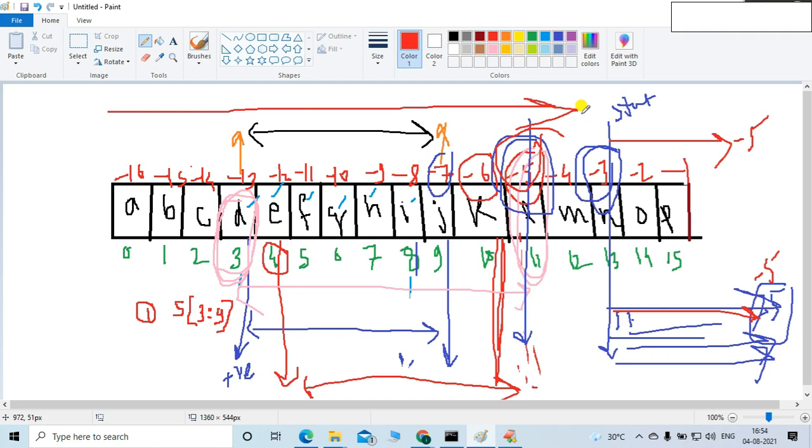Keep this point in your mind, okay? So definitely there will be no confusion. Whatever rules I just discussed with you, just practice them, and keep in mind this last point: in the forward direction, if the N minus 1 location is not found, the result will be null.